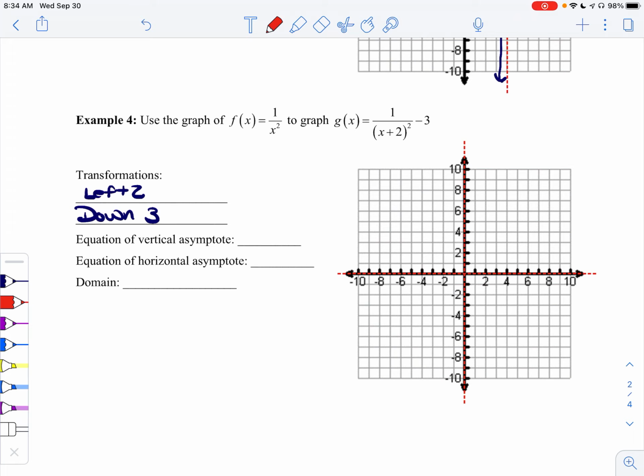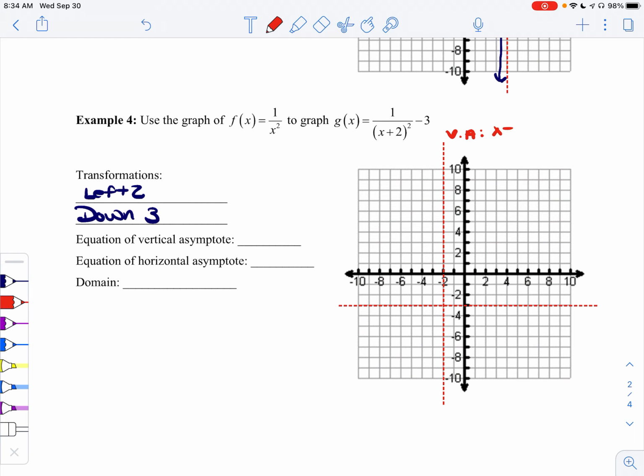So first, we're going to go left 2. So what that's going to do is it's going to take our vertical asymptote and shift it left 2 as well. So over to x equals negative 2. Then we're going down 3. So that's going to take our horizontal asymptote and move it down 3. Okay, so now our new asymptotes